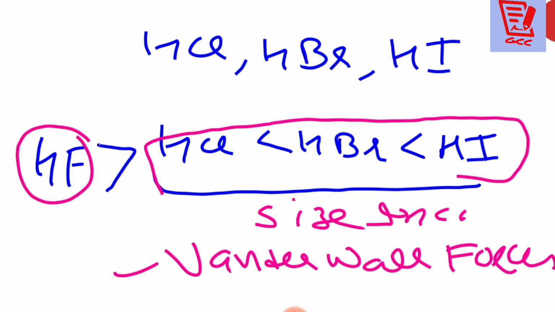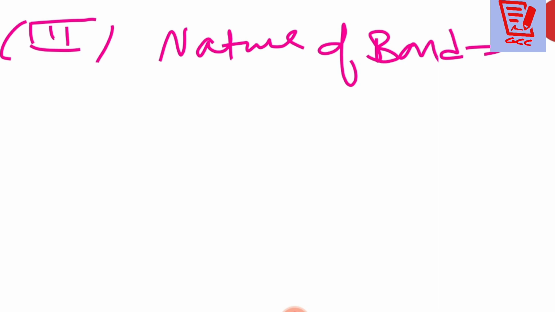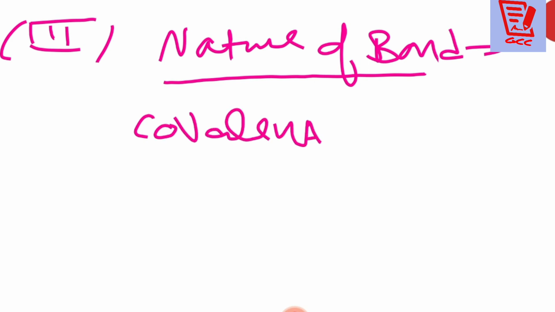Clear? Now after that, students, we are having a next property under the hydrides. Number third is here about their bonds, nature of bonds. I think when I made the reaction in the starting, from there only you got cleared what type of bonds are there. But usually these hydrogen halides are covalent compounds. What is going to happen over there? Usually they are covalent compounds with a little bit ionic character.